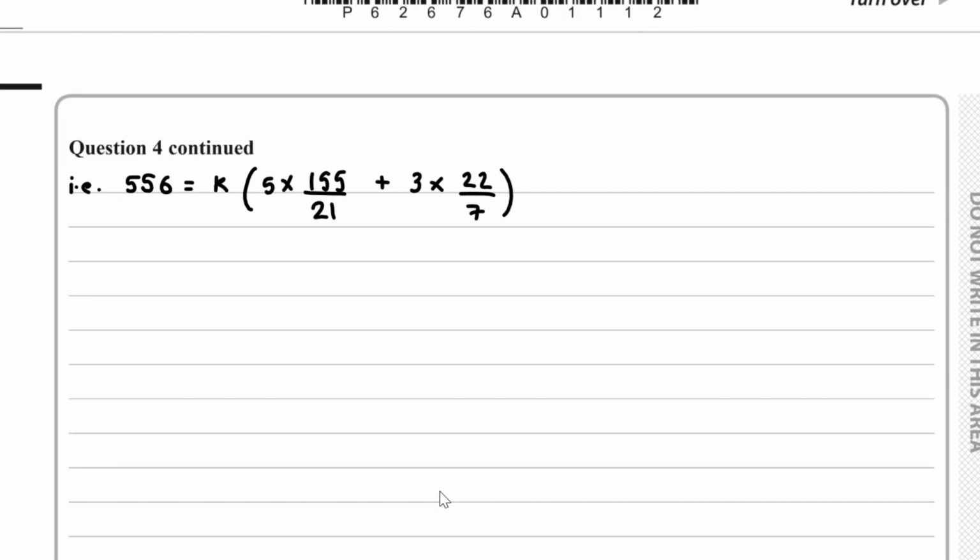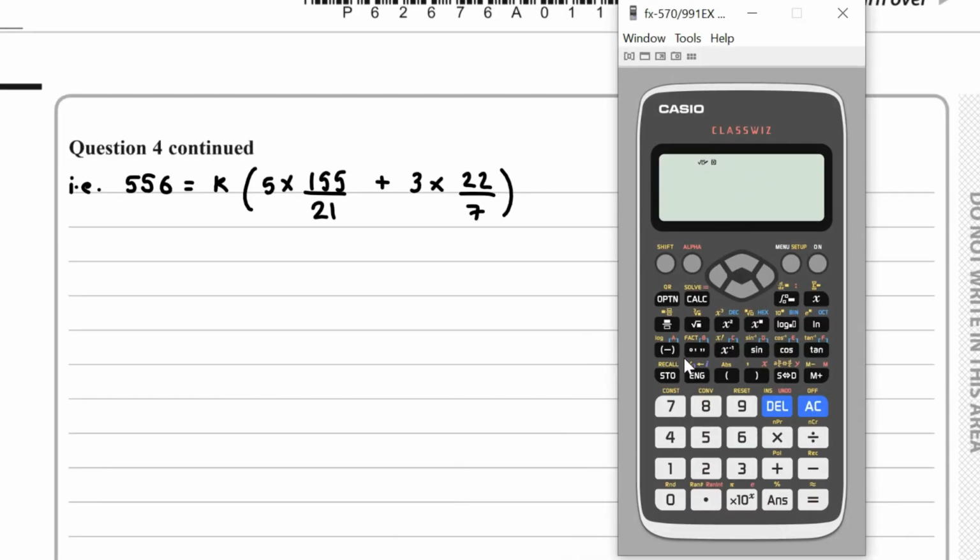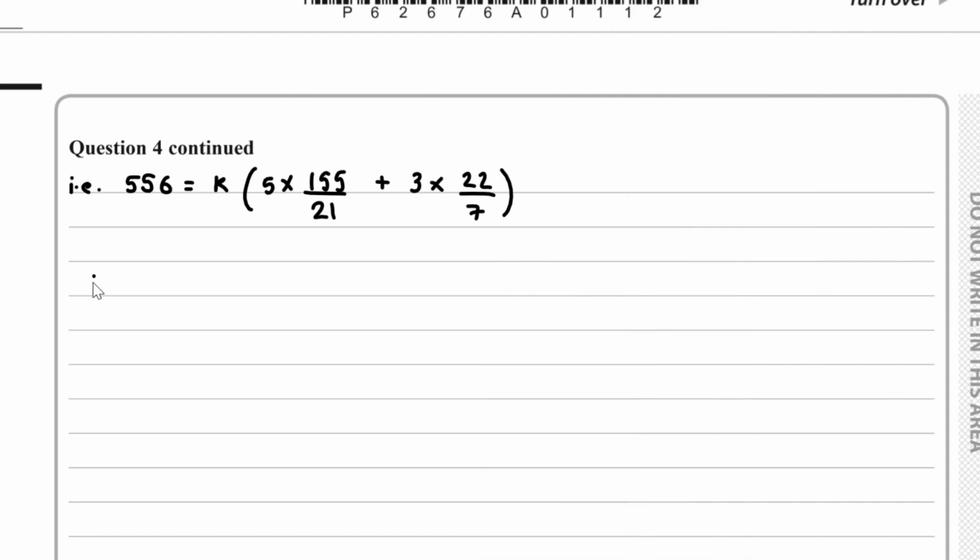So let's find out what k is. So here we have 556 over 5 times 155 over 21 plus 3 times 22 over 7. So it turns out here k is 12. So therefore, k equals 12, and therefore